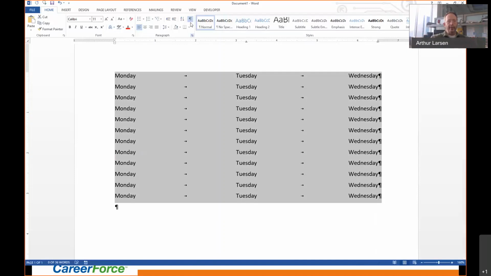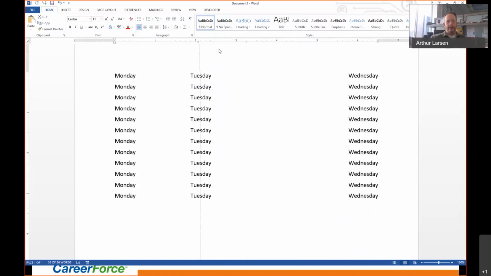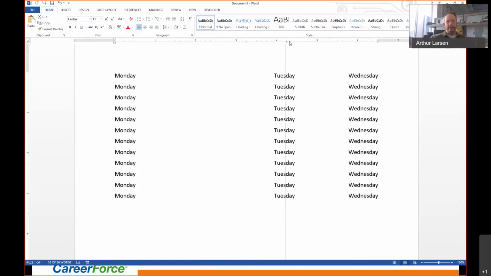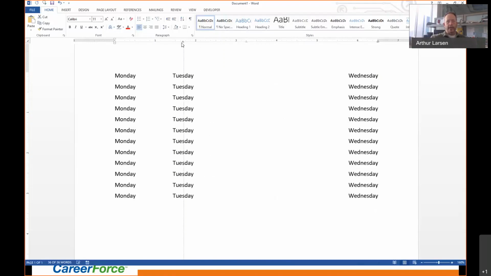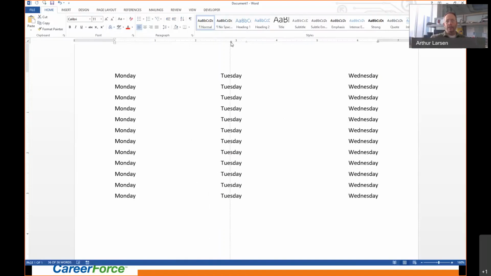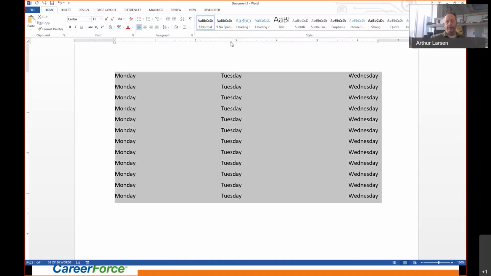The cool thing about this is, once you have tabs set up correctly, look what you can do. It's like magic. You can move things, and by the way, to move a tab, all you have to do is click and drag horizontally. If you're right on that tab, you can do that. If you want to get rid of a tab, all you have to do is, again, select the entire part that you want to get rid of the tab for, and then put your pointer on it, click, and drag